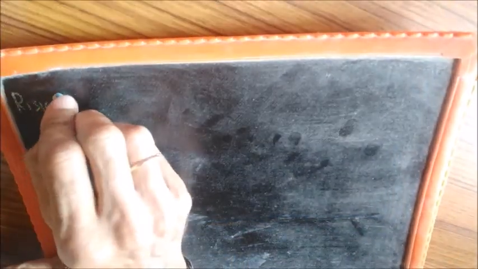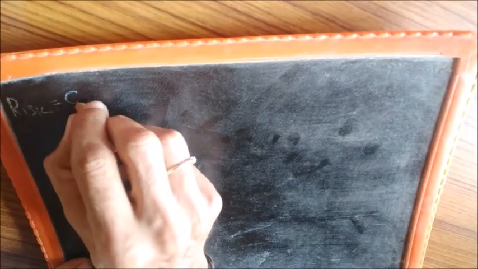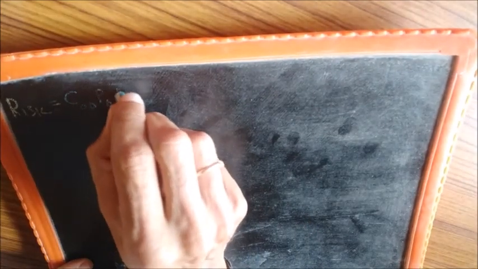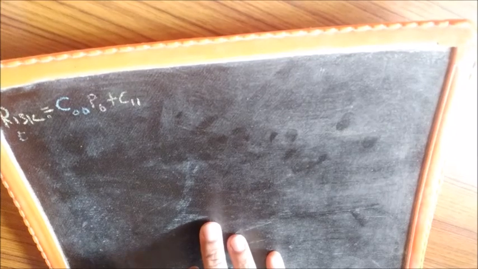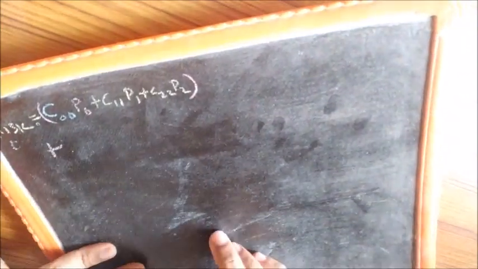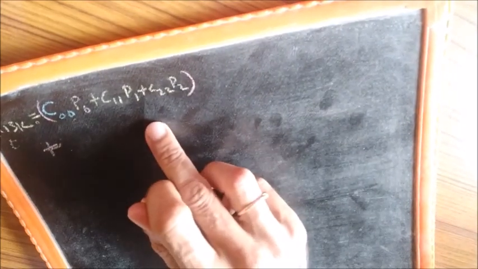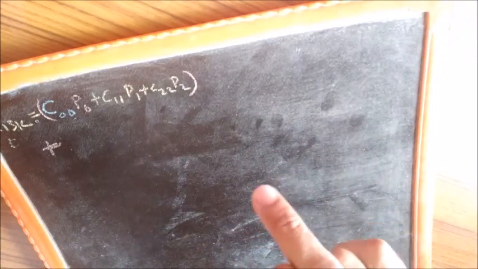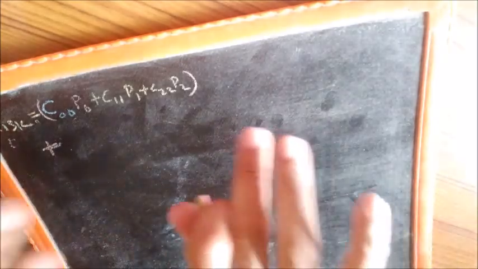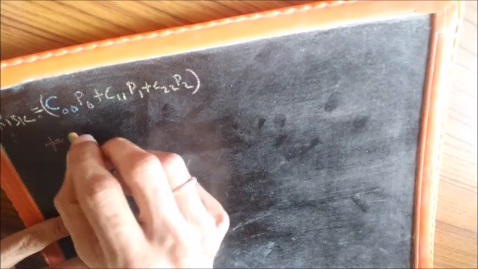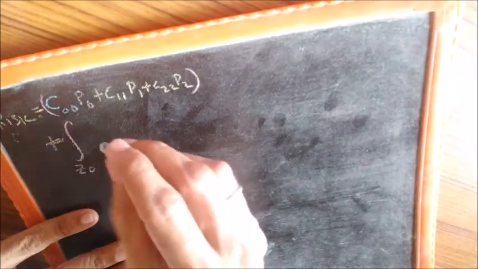Risk is equal to C00 P0 plus C11 P1 plus C22 P2 plus, so these terms come because of the 1 that we have, because as I said just now, we are writing one particular integral as 1 minus integral over the other two regions, and that 1 is causing these terms to come separately, and integral over z0